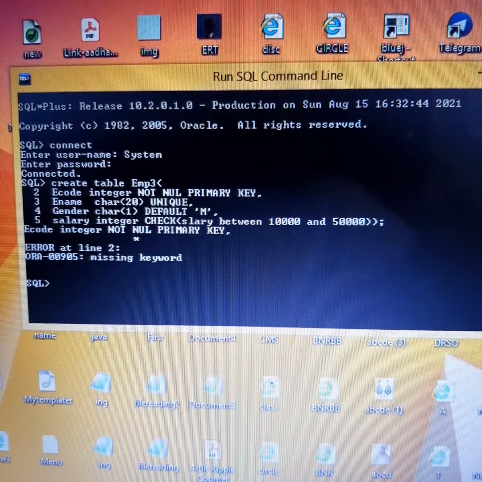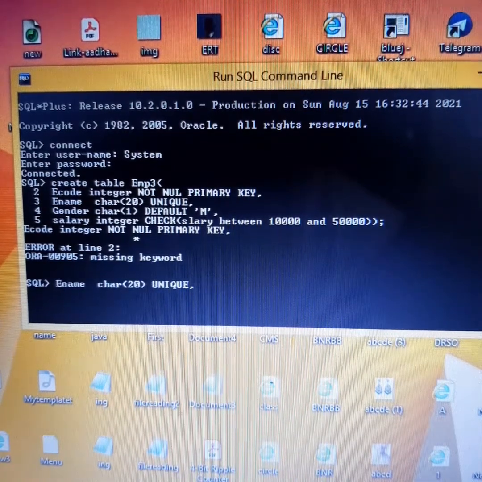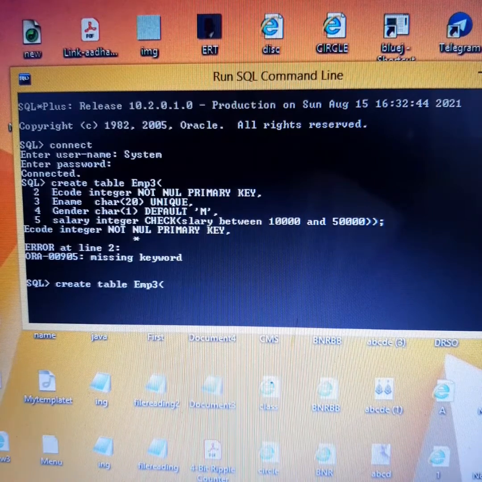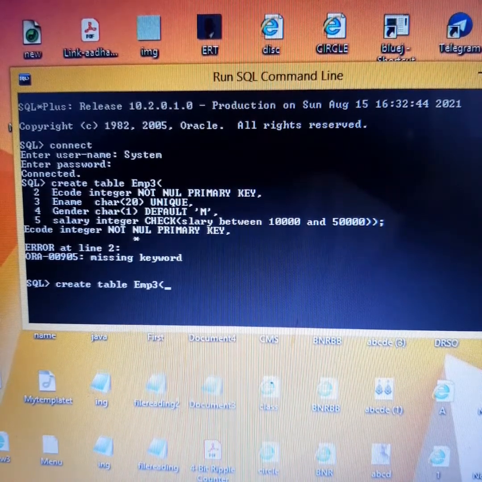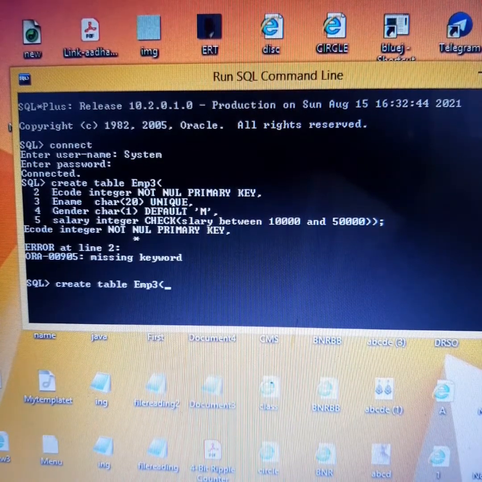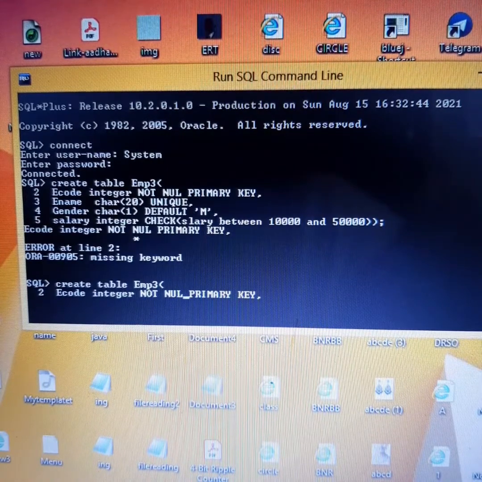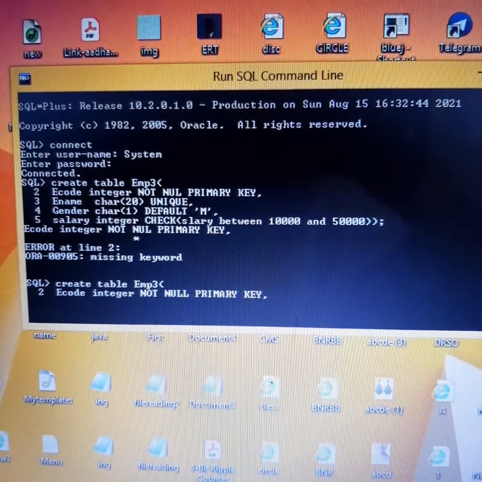In primary key, by mistake L was not having 2 L's. So you can see what I am doing. I am actually using an up arrow key to repeat those commands, right? And here with down arrow key I came, so I got this. I'll put null.